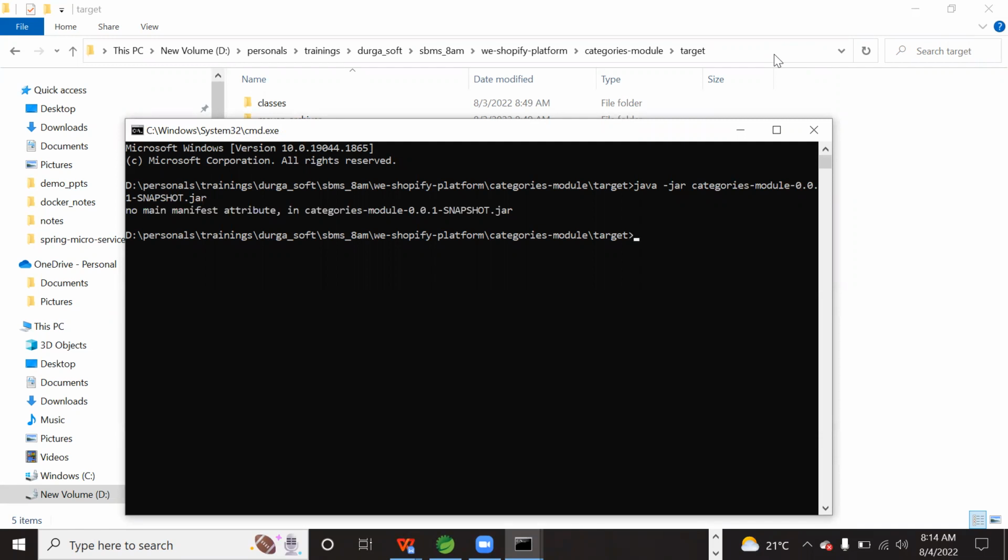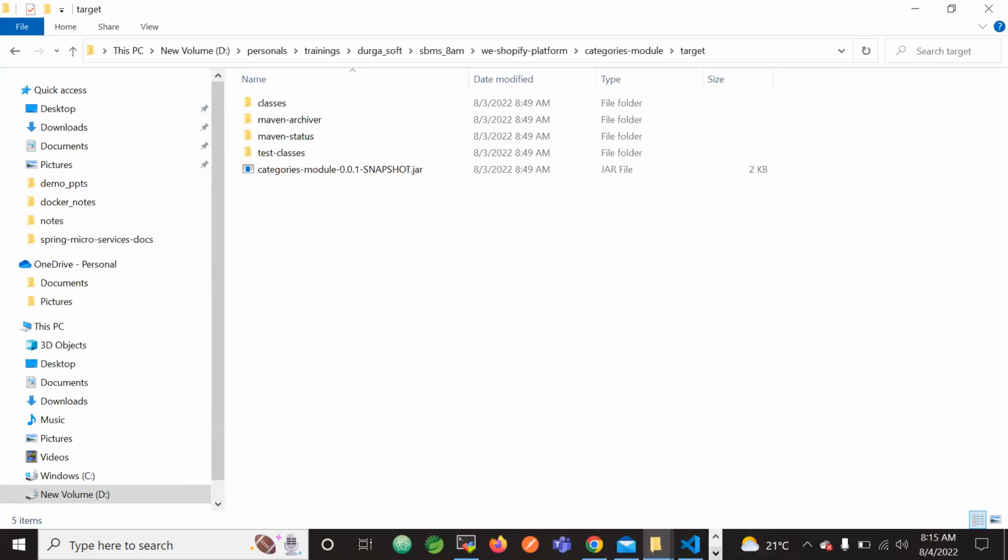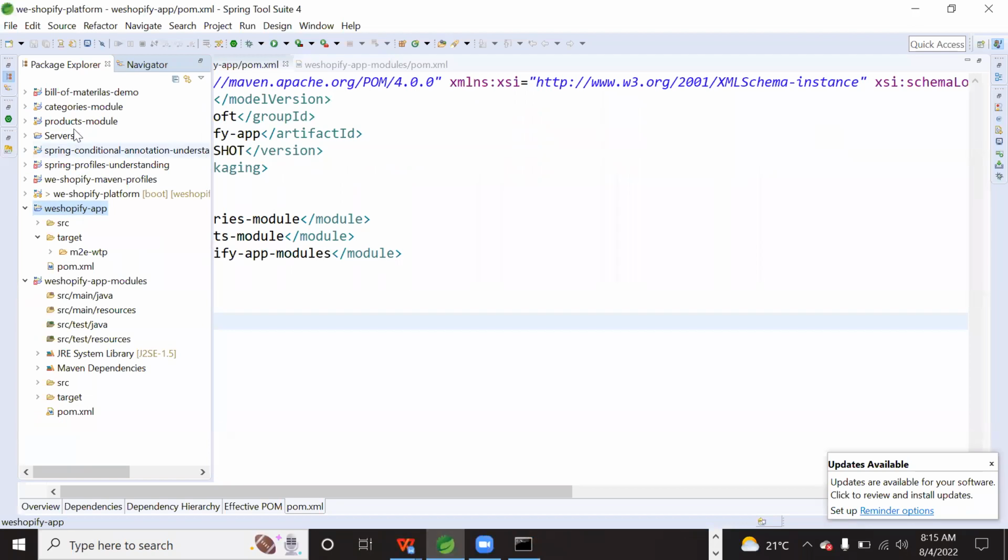The divide and conquer architecture is dividing the modules into separately buildable, packageable applications, but those packages are not self-executable. If you make them self-executable, that's it.